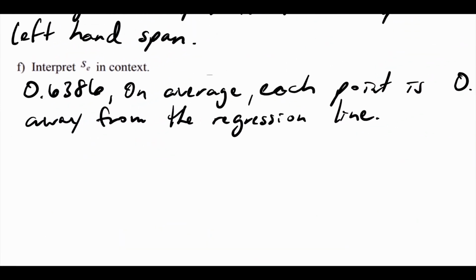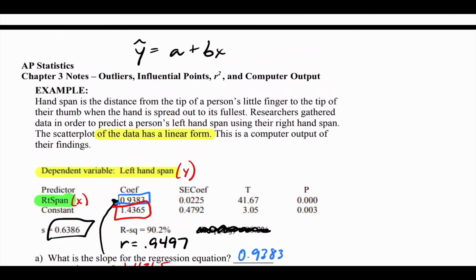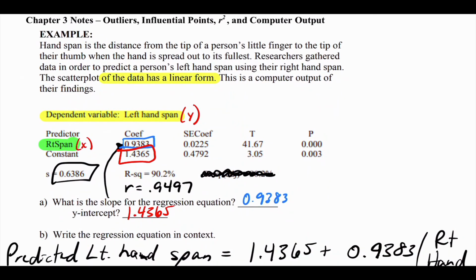All right. So like I said, that is computer printout. That's how you read that. So what I want you to do now, for the last 25, 30 minutes or so, I want you to start on